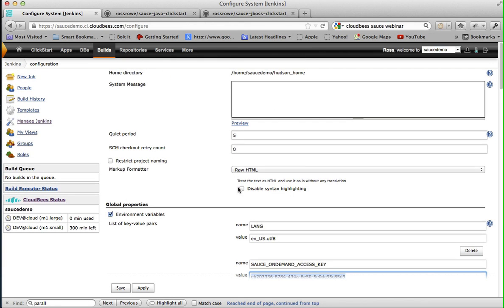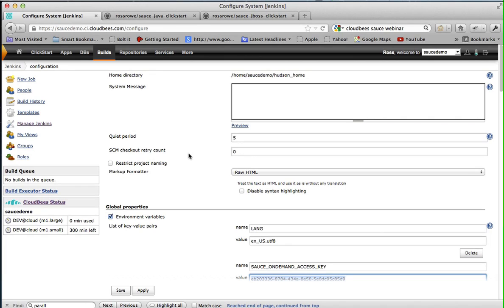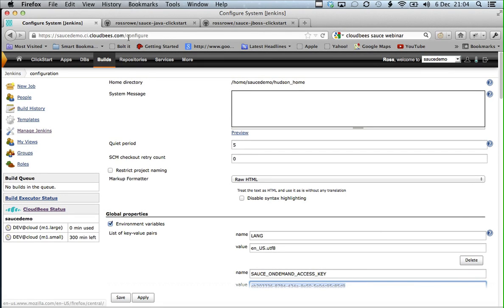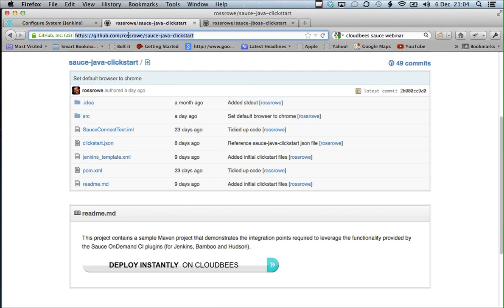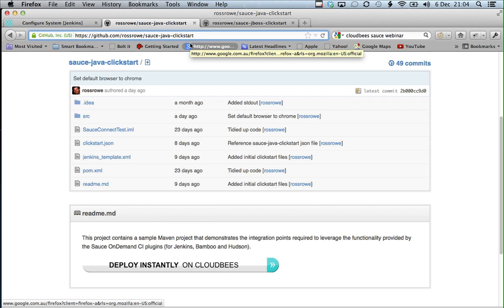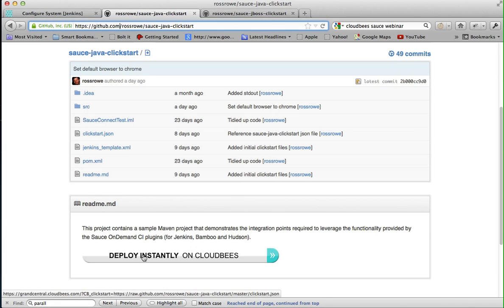So now we've got our Jenkins instance. We're going to load a Click Start, which will load a simple Java-based Maven project into Jenkins and create us a Git repository, which has got some simple tests that demonstrate how you can run your Selenium tests against Sauce Labs. So to load the Click Start, at the moment we're going to go to our GitHub page, which is github.com/rossrowe/sauce-java-clickstart. Possibly before the demo we could add the Java Click Start to the CloudBees Click Start menu. But for the moment we'll click on this deploy instantly on CloudBees link,